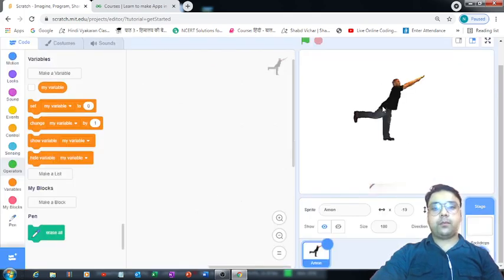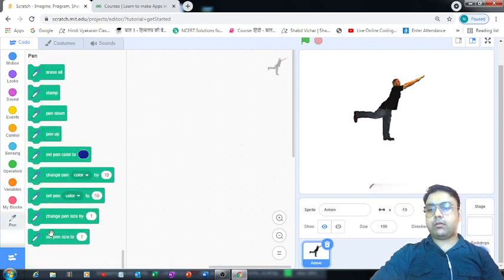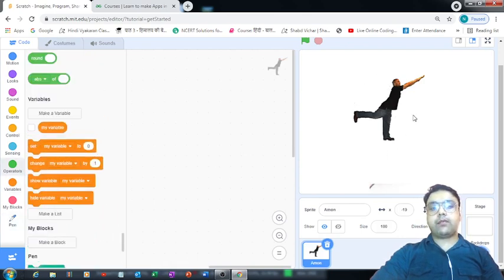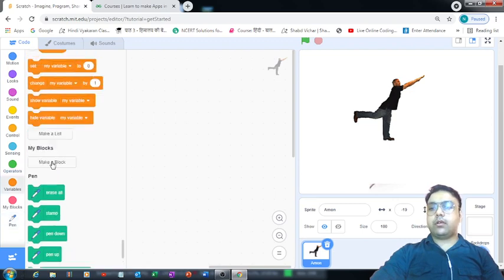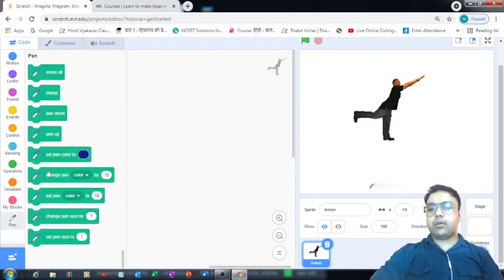As soon as I placed the sprite over here, I am now able to see all the blocks which I can use for drawing purposes. Earlier these blocks were not visible to me, but as soon as I define this sprite, I am now able to see these blocks, which fall under the category of this pen extension.